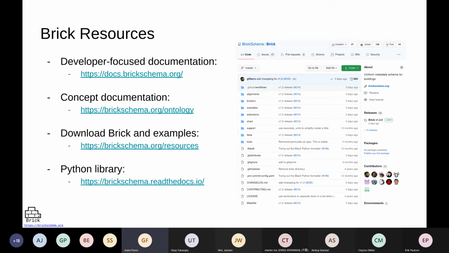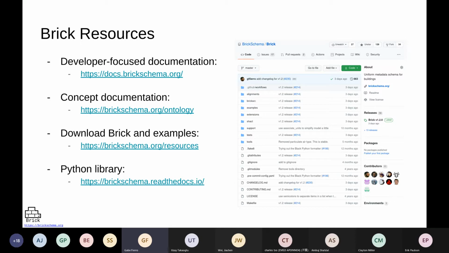And so to finish up this quick little overview of Brick, I just want to indicate a few things. First off, we have a new, in-development but still useful, developer-focused documentation site at docs.brickschema.org. We have the concept documentation hosted on the website as always that includes the textual human-readable definitions of each of the Brick classes.